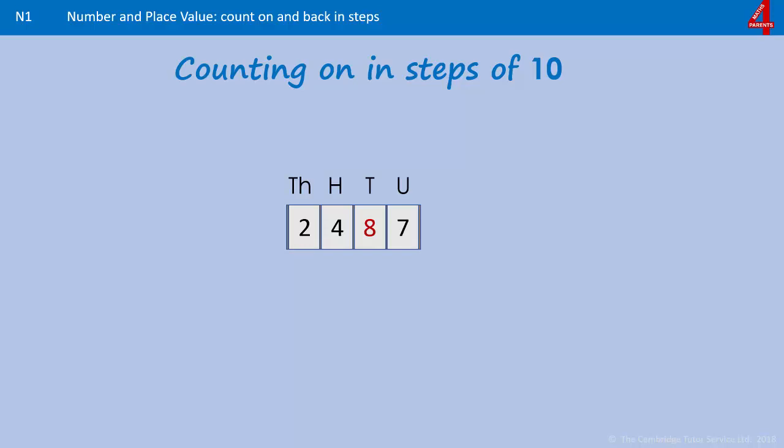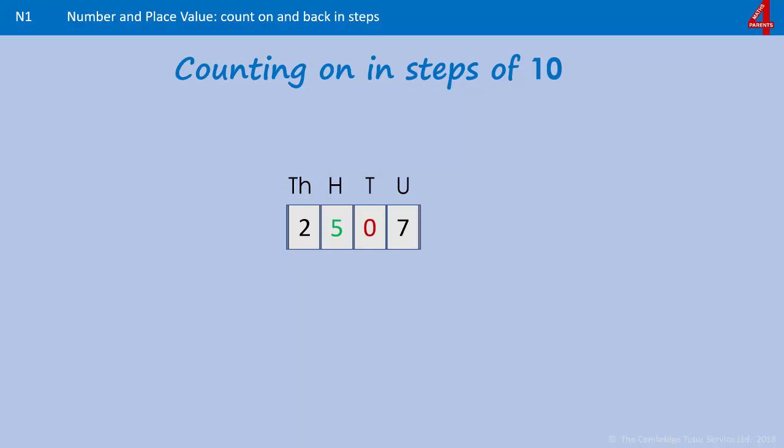2487. The 8 digit is in the tens column, so when we count on in one step of 10, that's going to go up to 9 lots of 10. So we have 2497. When we add on another lot of 10, that 9 can't get any bigger because 9 is the biggest digit. That's going to go back to 0, which means the hundreds column is going to have to change. As that tens digit changes to 0, the hundreds needs to go up 1 to 5. So adding on 10 to 2497 gives us